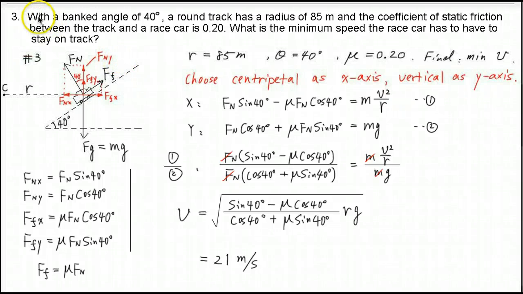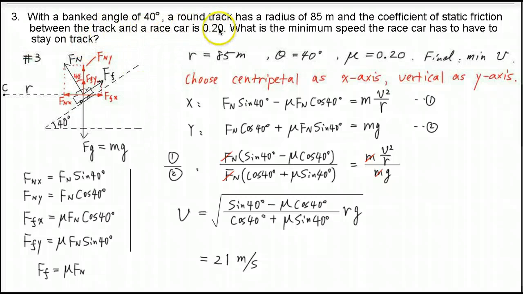So question number three, it's about a banked road with angle 40 degrees, and then there's a round track. This would be the center of the circle. So the race car is doing a circular motion along this horizontal plane with the center right here. So the radius equals 85 meters, and the coefficient of static friction between the track and the race car is